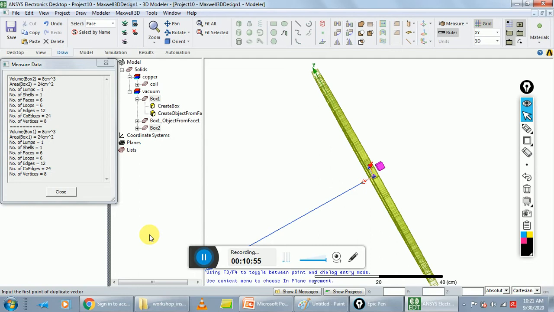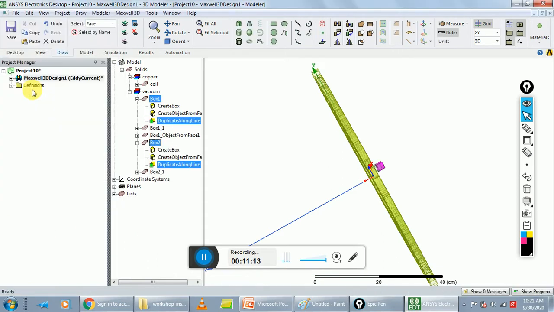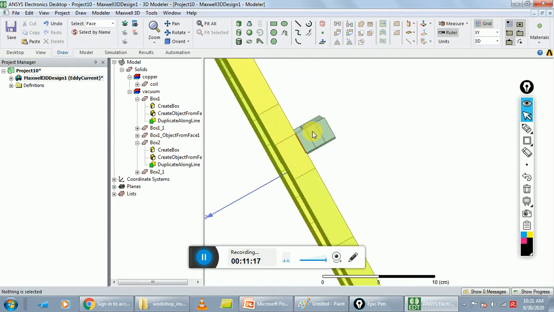Put the values x is 0, y is 0, z is 0, press the enter key, and dx is 0, dy is 0, and dz is 1, press enter key. Total number is 2, click OK. Here two boxes are created and they touch the surface of the coil.